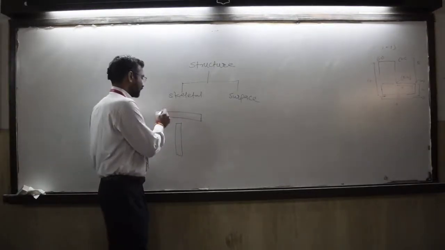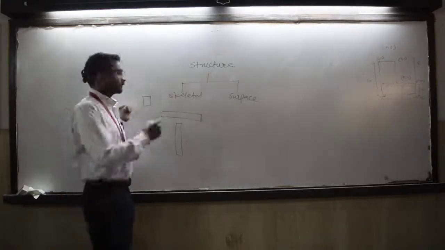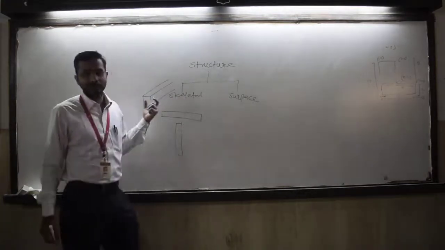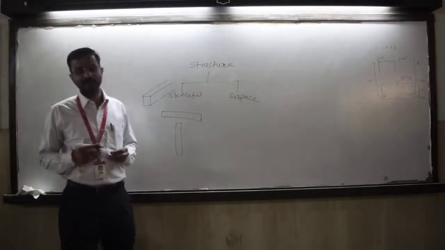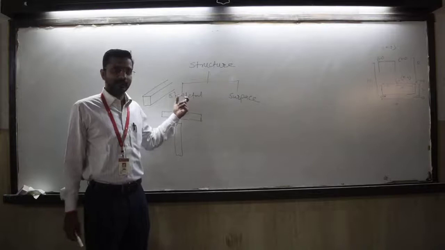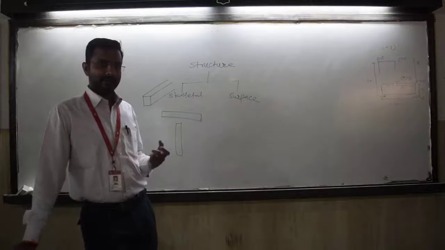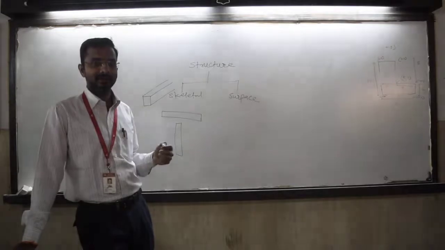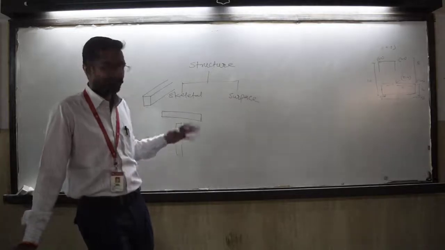Now why is it called a line element? If you see the cross section of a beam, compared to its cross sectional dimensions, the third dimension, that is the length of the beam, is very much larger compared to these two dimensions. So that's why this particular element is termed as line element. In skeletal structures, different types of line elements are connected together to form a structure. Any structure will be an assemblage of multiple members meeting at their end or edges to form a joint. Then a number of elements connected by this joint will form a structure.